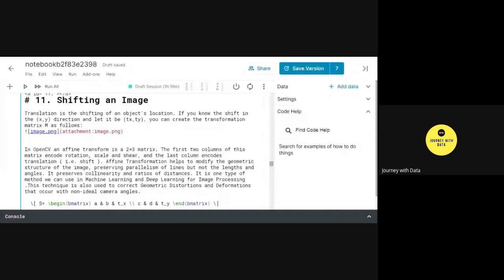It is mostly used in machine learning and deep learning for image processing. Whenever you are told to correct geometric distortions, deformations that occur with non-ideal camera angles, affine transformation comes into picture there.